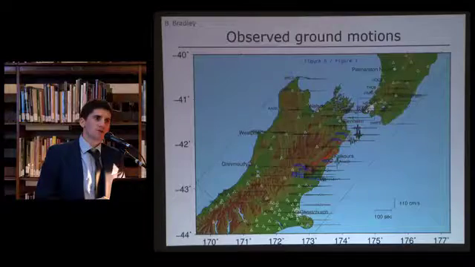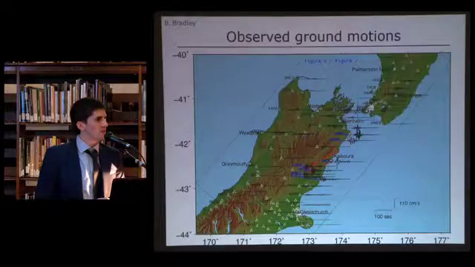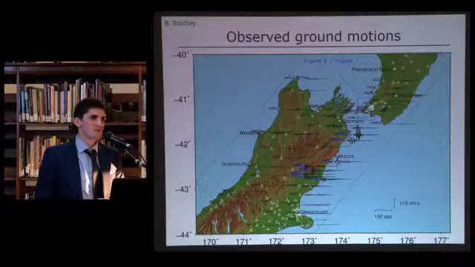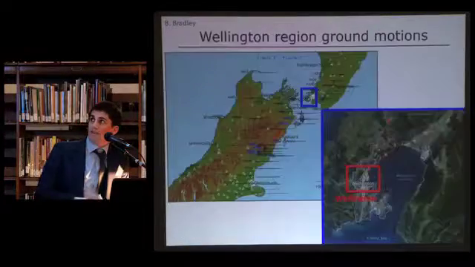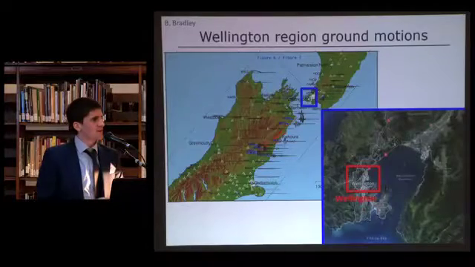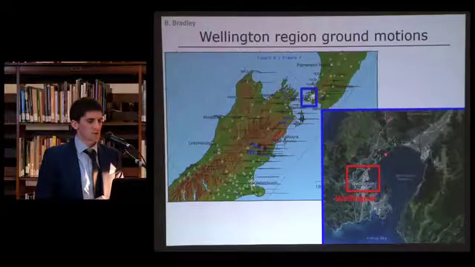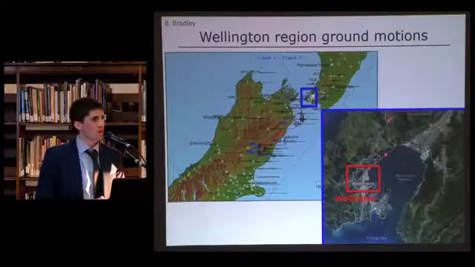Similar to the Christchurch earthquakes, there was some very good constraint from strong motion stations in terms of the ground motions recorded from this Kaikoura earthquake, and the one that I'll just highlight in particular, because I think it's of some relevance to New York as a dense urban area, is the ground shaking recorded in the Wellington region.